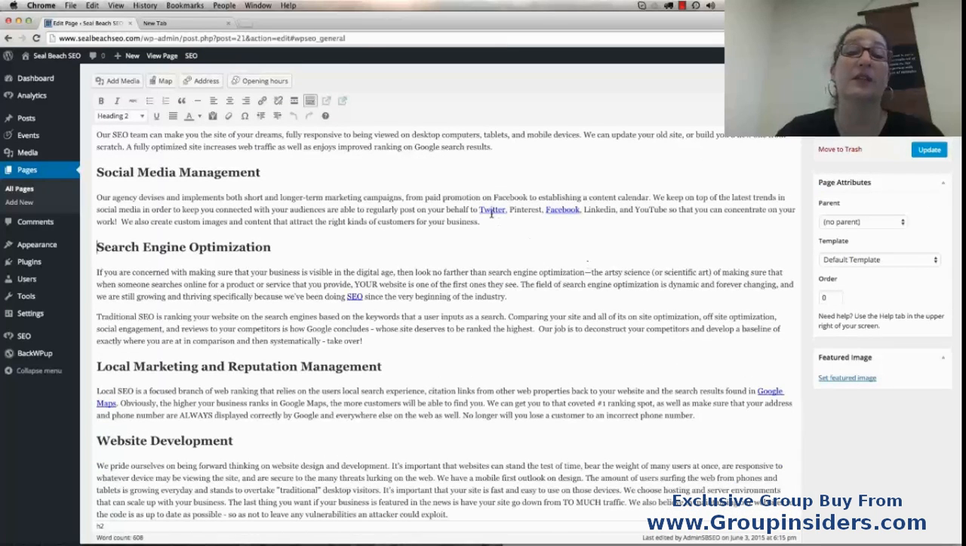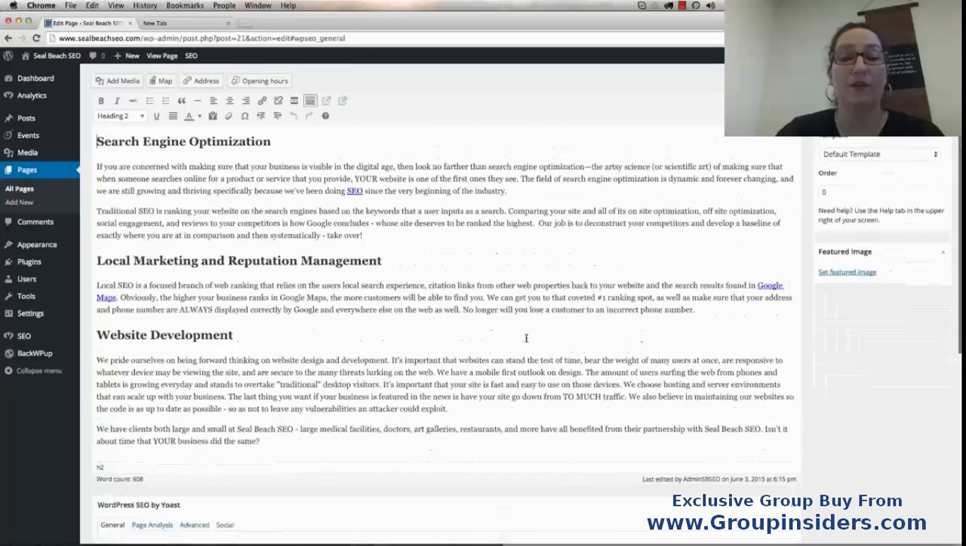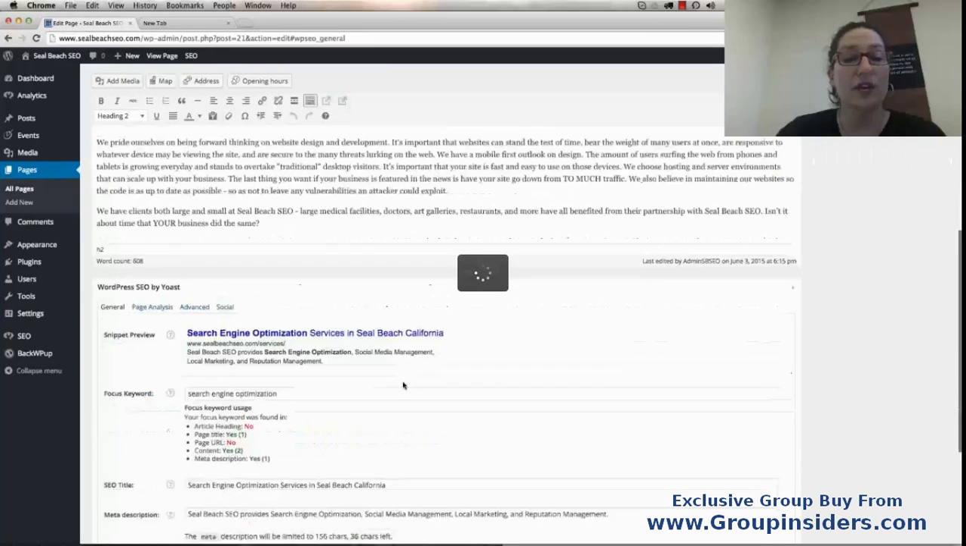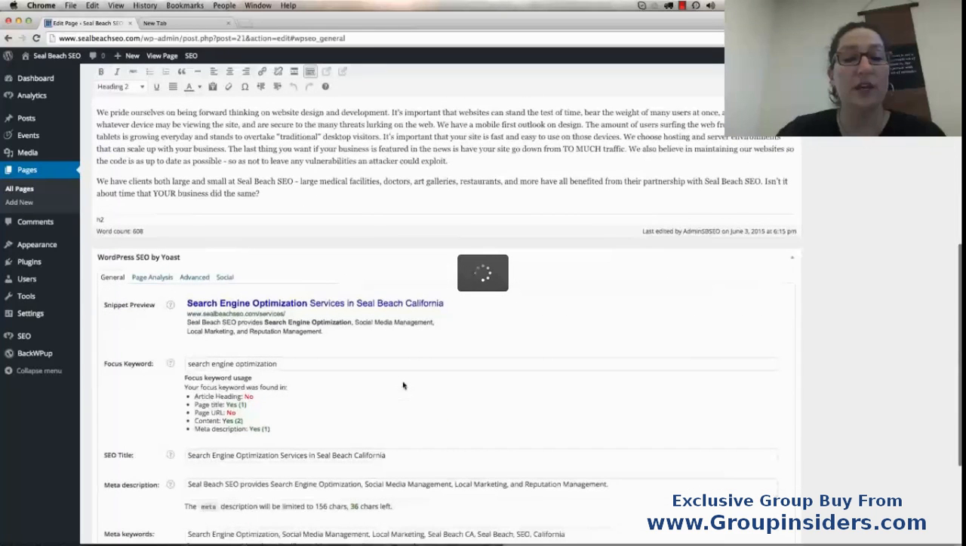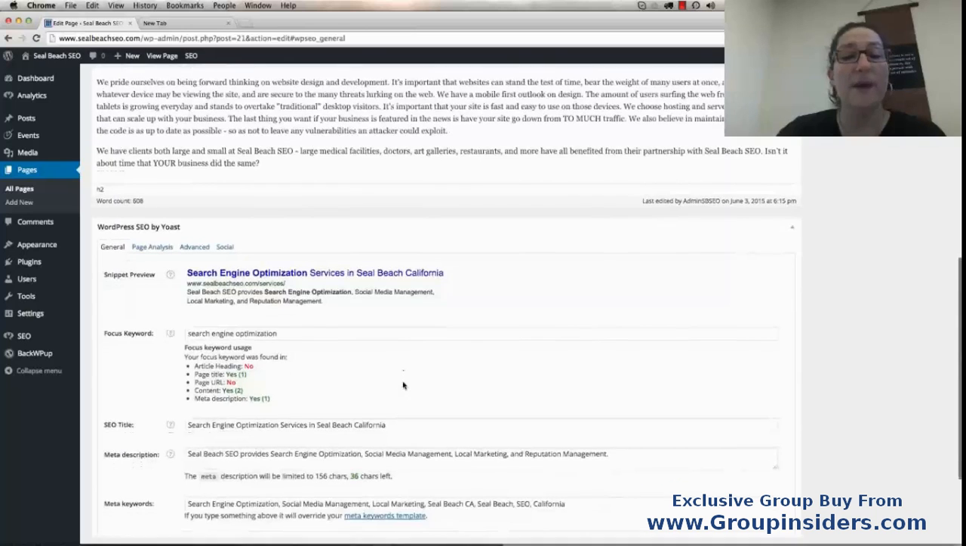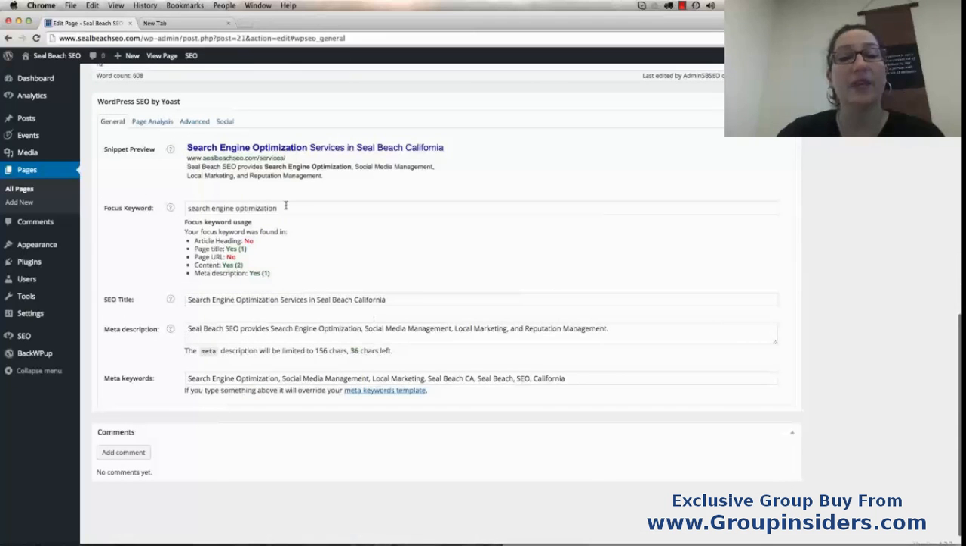I've got some links to my social profiles, I've got some links to my internal pages, and I've got a link to a Wikipedia page out of the site. As I start to scroll down, I come back into how I set the site up, and this gives me a snippet preview. Now this doesn't mean that this is exactly what Google is going to show, but it tells you how Google will look at the